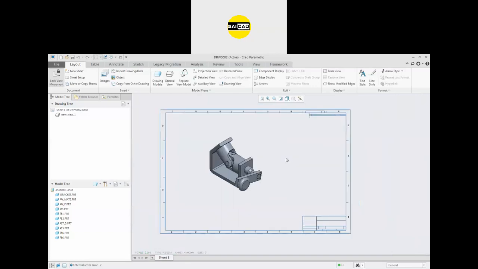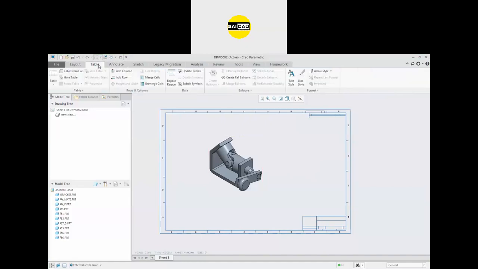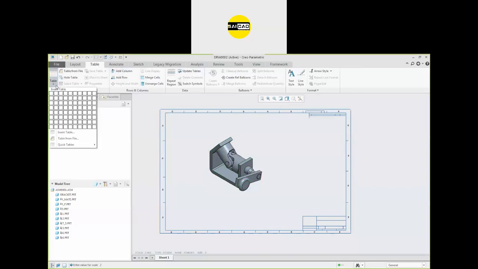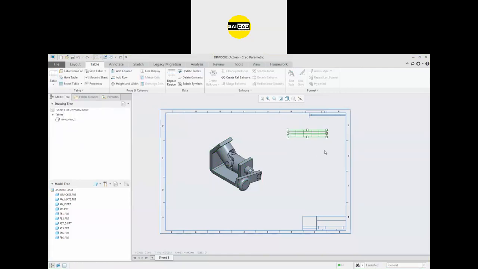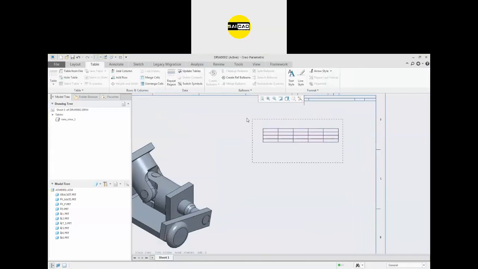Now this will be the view in which you have to define the bill of material, the balloon. For that, to insert the balloons, you have option here in the annotate. Okay, sorry, in the table, you have the option for the balloon, and we have the option here for the table. In the table, insert the table directly from here. So I'm not going to create. I can create a table from here, but for that I have to define it. Okay, all the values should be defined. You have to double click and you have to define everything step by step. So I'm not going to create a table.